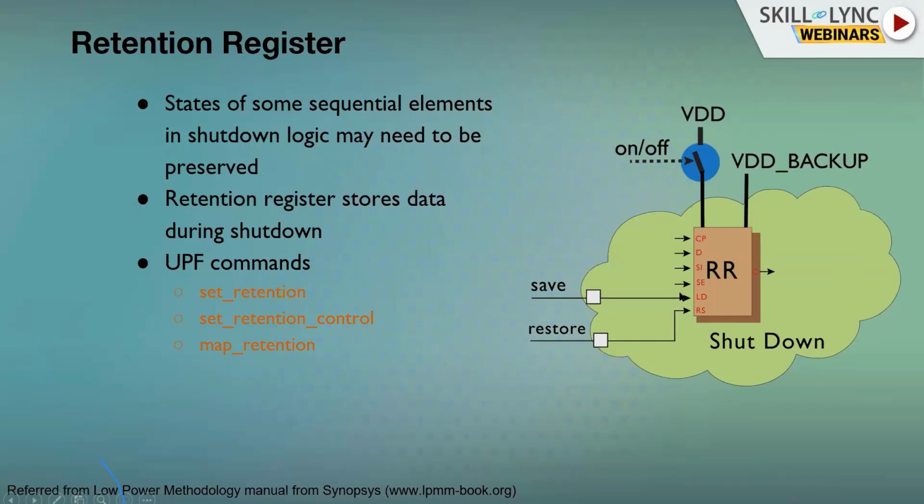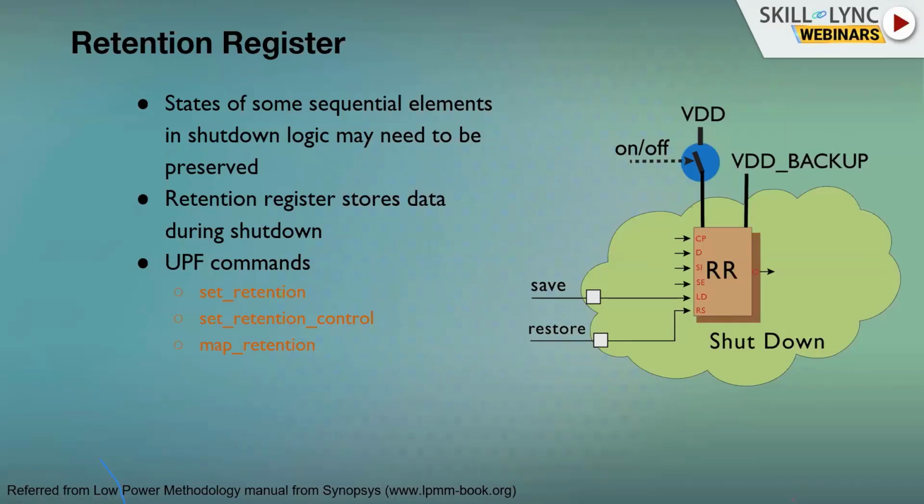These two signals tell it: whenever it is going into off, I need to save the data, which is the save indication. And whenever power is up and I want to restore the data, the restore signal is activated, telling it that I am already powered up and I want to restore the data stored in the second register to the first register, which is computing the logic. That is the advantage. It just restores the value and starts computing from there instead of starting from scratch.